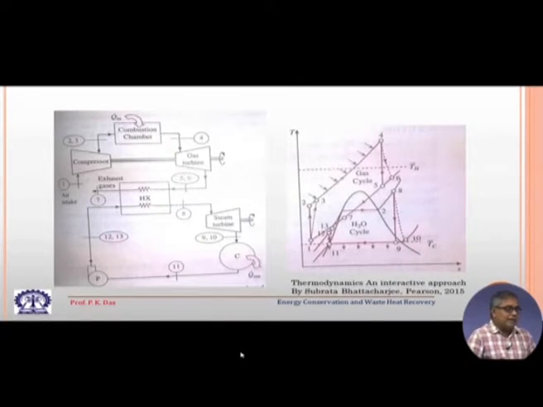The cycle diagram and the block diagram, that means the thermodynamic representation of the cycle on the TS plane and the schematic representation of the cycle showing different components of the gas turbine power plant and the steam turbine power plant, are given in this particular figure. I will not go into explanation because these are more or less self explanatory, and separately we have dealt with both the cycles. Now,